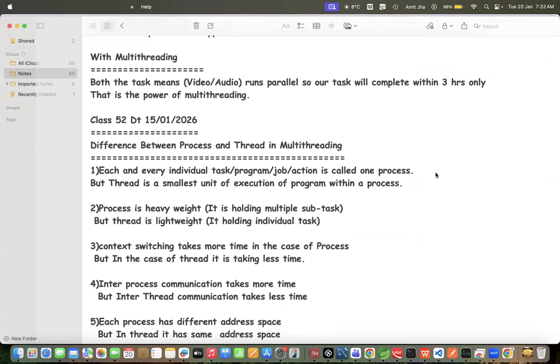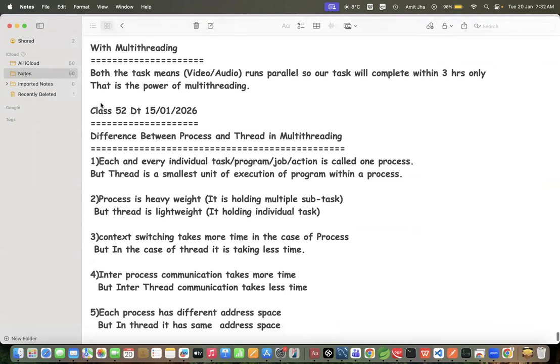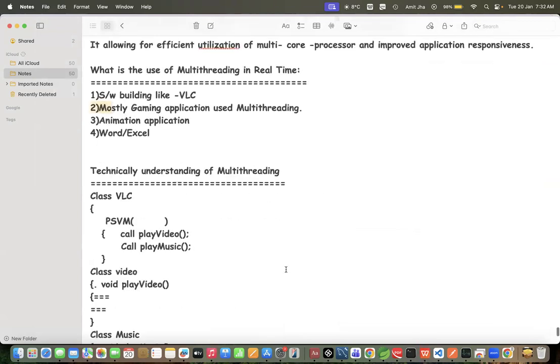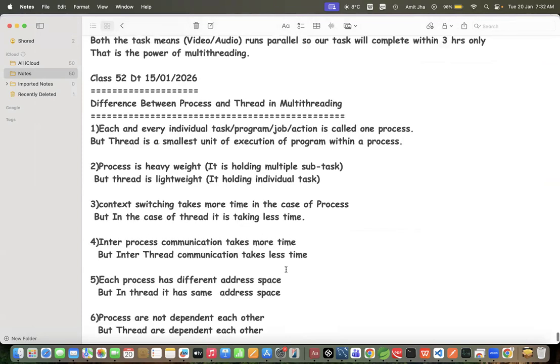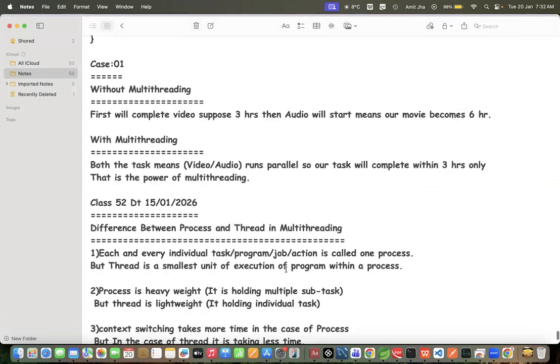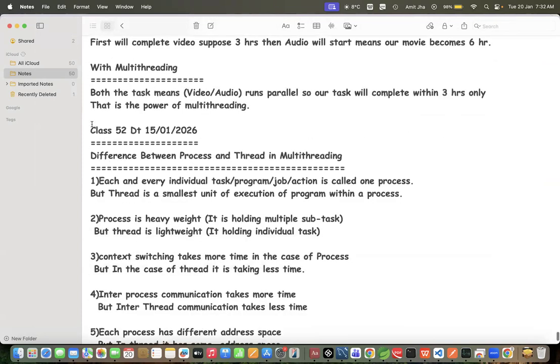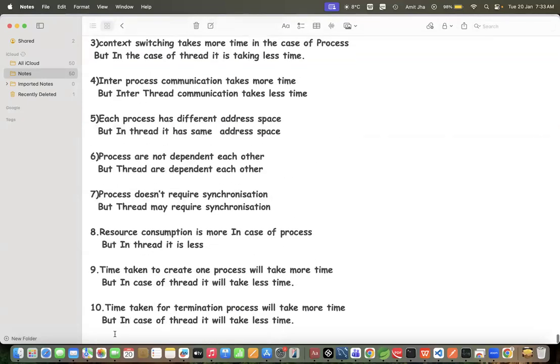So last class we discussed the difference between process and thread, and multi-threading, right? Then what is our topic today? Do you know what we are going to learn today? No? Okay, so today we'll understand